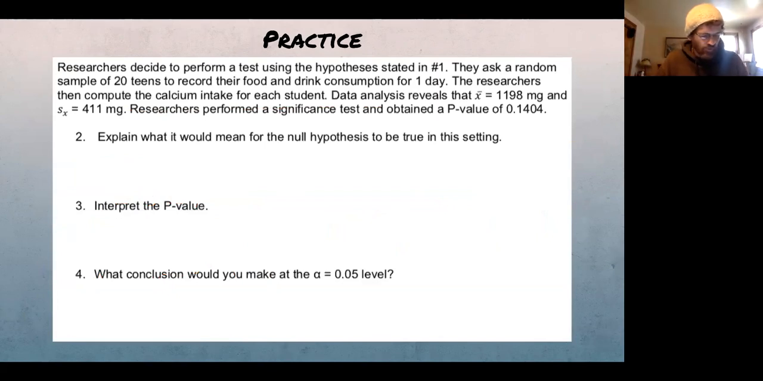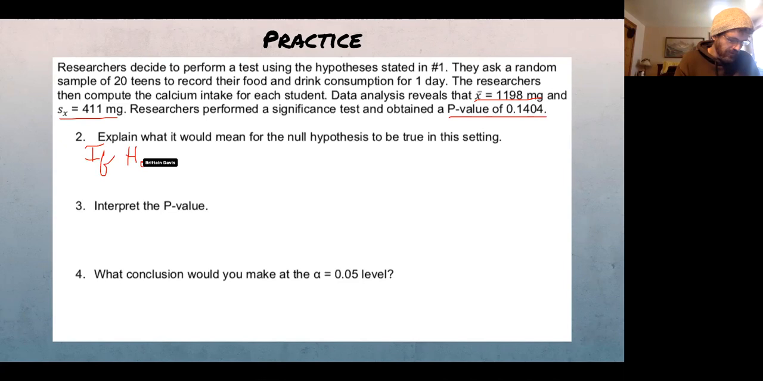They studied 20 teens and they looked at it, and basically when you get down to it, their sample mean was 1198 and the sample standard deviation was 411, and they got a p-value of 0.1404. Okay, so what would it mean for the null hypothesis to be true? Okay, so if our null hypothesis, which again is that the mean is equal to 1,300 milligrams per day, is true,